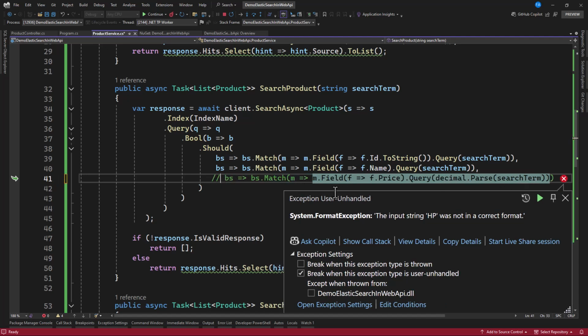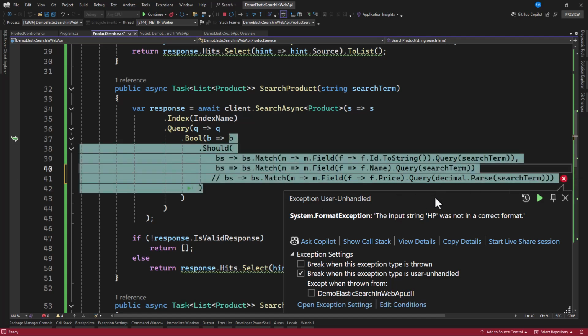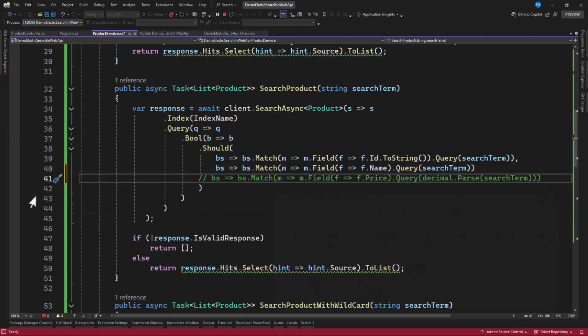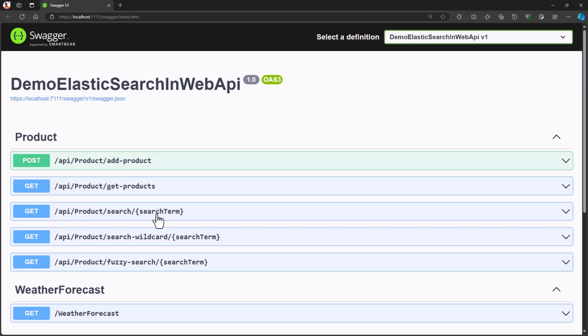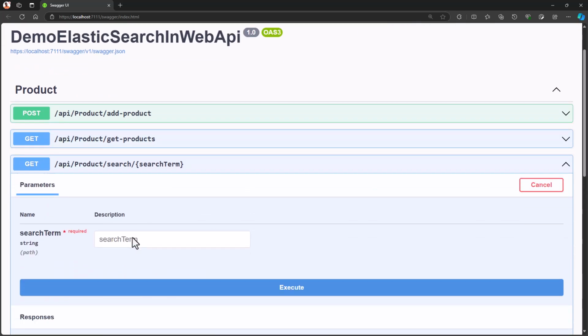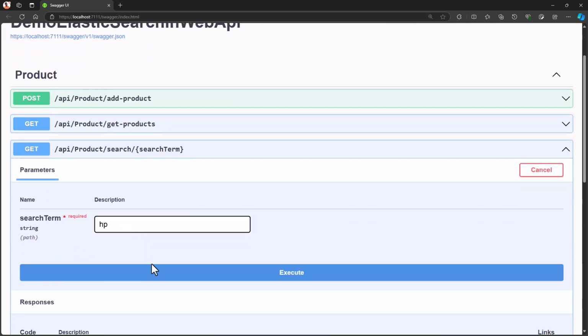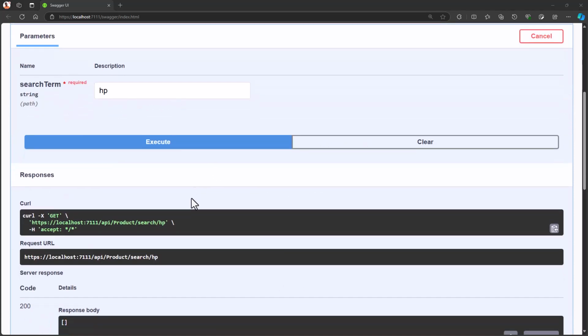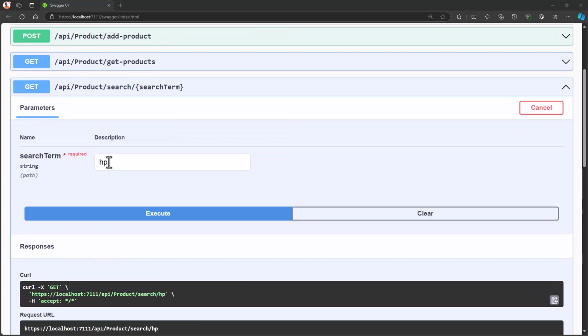So let's comment this, and let's make it to this. So once we have done with the commenting, we can start this again. And let's go ahead and search for the HP once more. So we are having now, right? Because I think HP is, we did not actually check for,